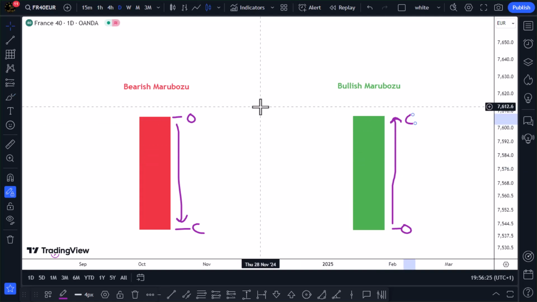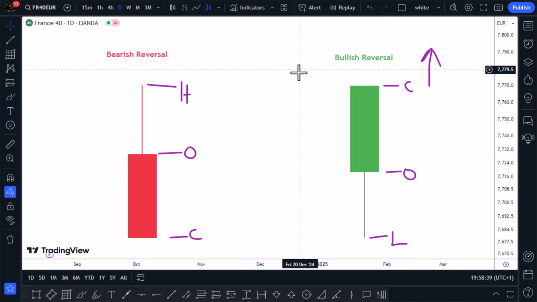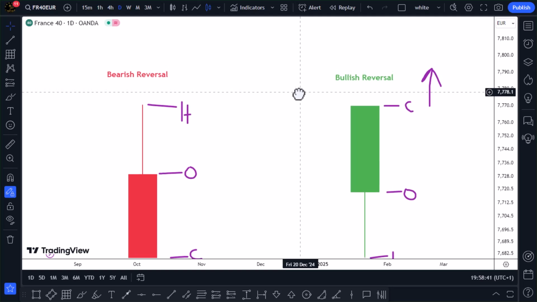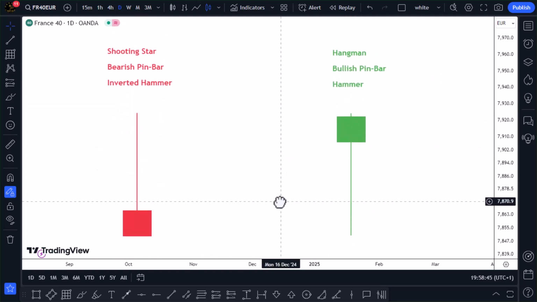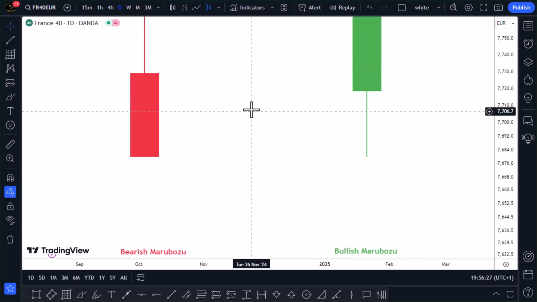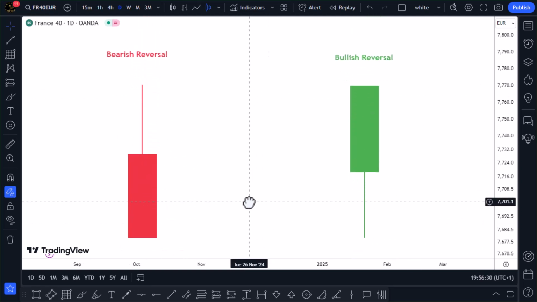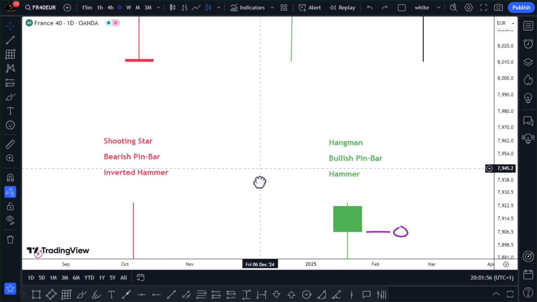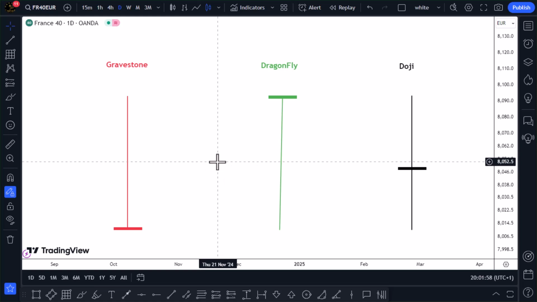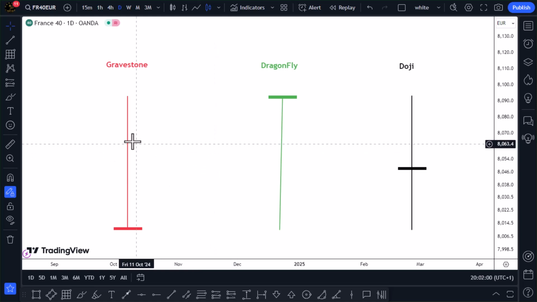In this tutorial, I am going to introduce you to the single candlestick pattern. There are a lot of candlestick patterns in the market. You don't have to trade all these candlesticks. You just have to stick to the ones which are reliable, effective, and powerful. So I am going to show you the reliable ones. These are the ones you should look out for trade opportunities in the market as a trader or as a